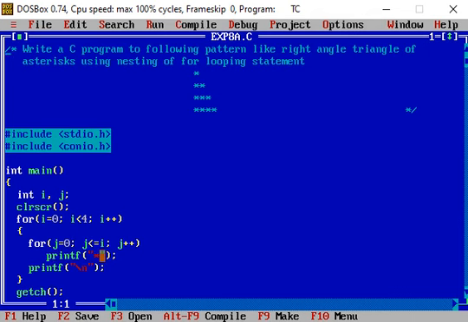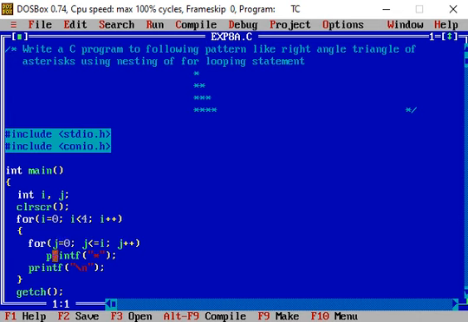Then j less than or equal to I. Here the condition is set like this, and that depends on the rows, because in the first row only 1 star is printed, in the second row 2 stars are printed. That is, when we move to the second row, then 2 stars are to be printed. So condition setting is important in the inner loop, and that depends on the value of the outer for loop variable I.